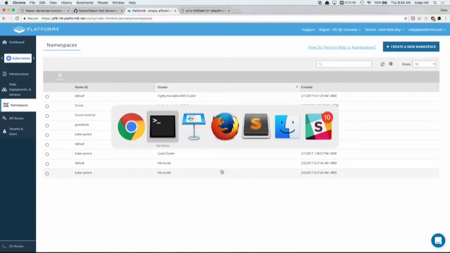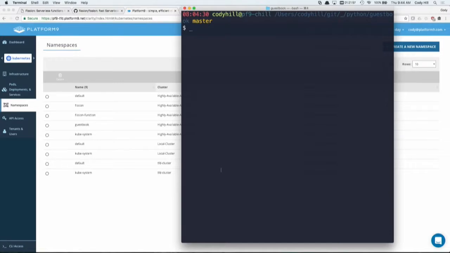Great. So now we're going to deploy Fission for the first time from GitHub, right? So this is just getting started with the product. Again, this is an open source project. It's not even an alpha release, and we just released it last week. So hopefully the demo gods are in my favor today.